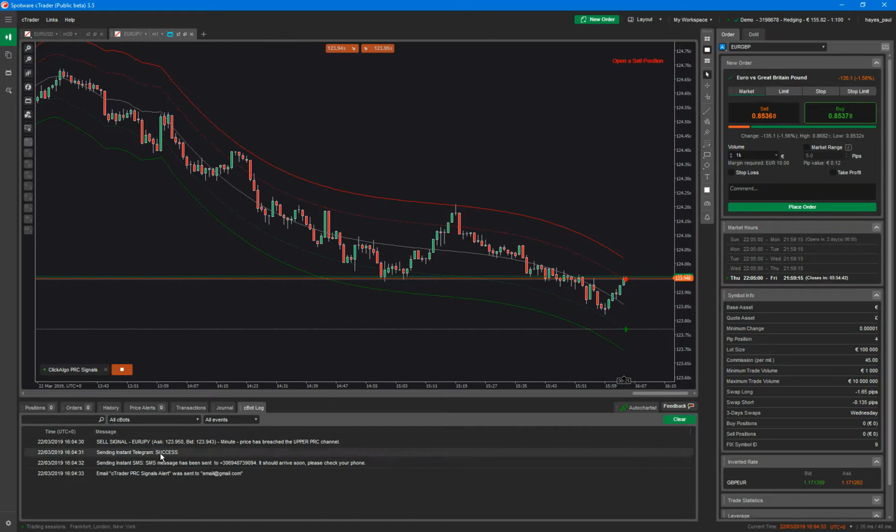Sell signal's been happening. It says send an instant Telegram. I don't know if you can hear that. That's my phone just went then. And that's the phone there. I got a text message and I got an SMS message to a random number I've put in there. And that actually tells me,